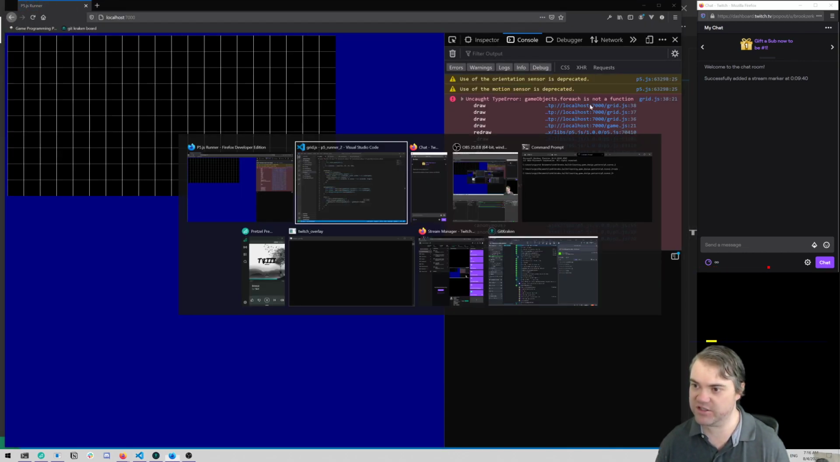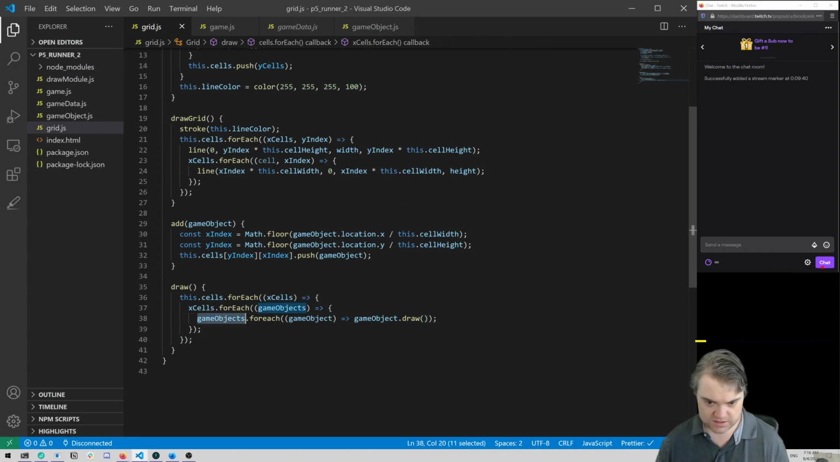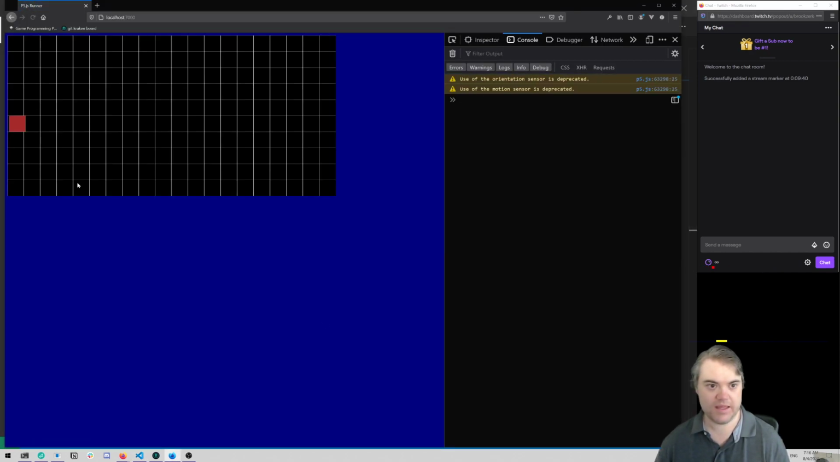Game objects dot for each is not a function. Is that for each with capital E? There you go. So now it's appropriately drawn in its square. I'm doing it by the top left corner now, and we'll see whether or not we run into any problems, but maybe this will make it a little bit easier for my brain to reason about what exactly is going on. Okay, so now we know that's going into the appropriate spot on the X, and then for the Y,